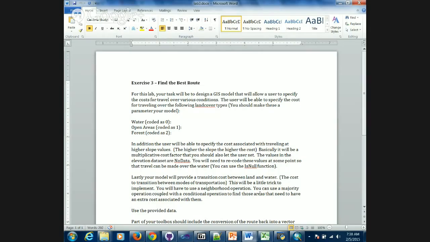We have to include a few other things in our cost surface. One will be the slope. Okay, the slope data set